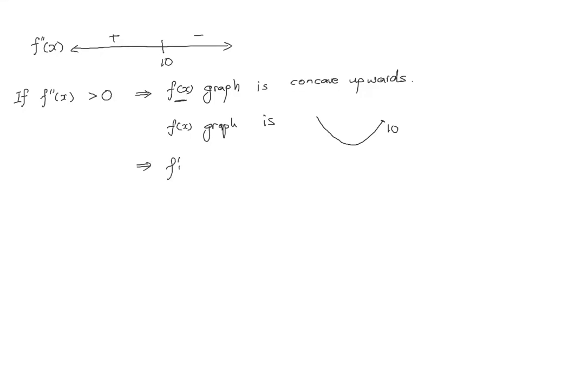The f prime x graph, now you see, I say different graph, is increasing. With what rate? Actually, I don't know. I have to base on what I have, is increasing. Okay, you look at increasing, and if you look at this sign diagram, it's increasing, I would say, with decreasing rate. I will tell you why. Because